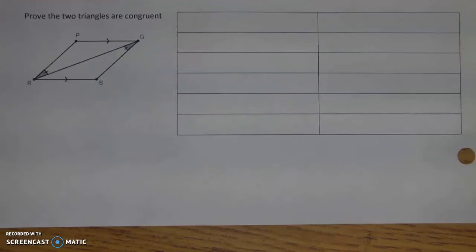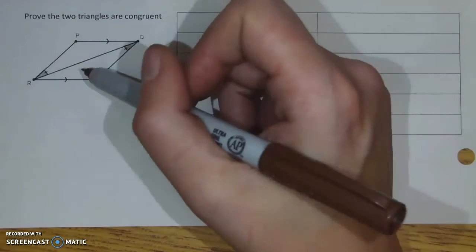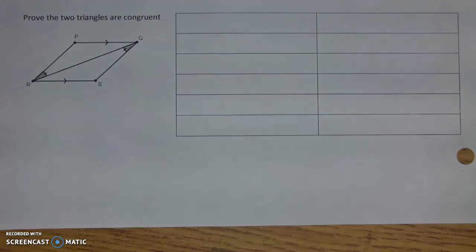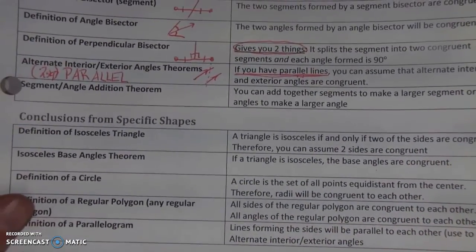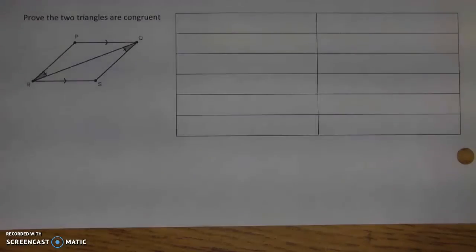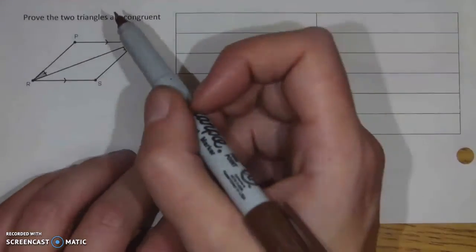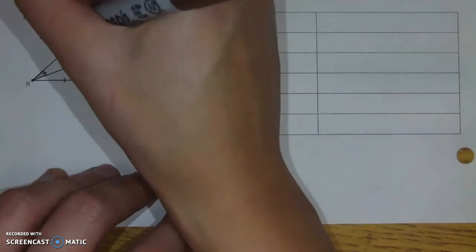In our last one, I don't really have anything in the givens, but there is something extra in the picture that we haven't seen before, and that is that this line, PQ, is parallel to RS. And as soon as I look over my theorem sheet, I notice that, hey, parallel, well, that means I'm probably going to use alternate interior and exterior angles theorem, because that's the one with parallel in big letters. So if these 2 lines are parallel, that means that